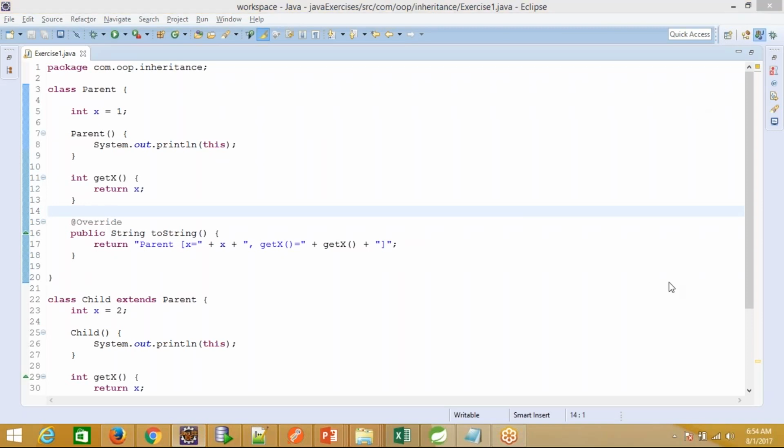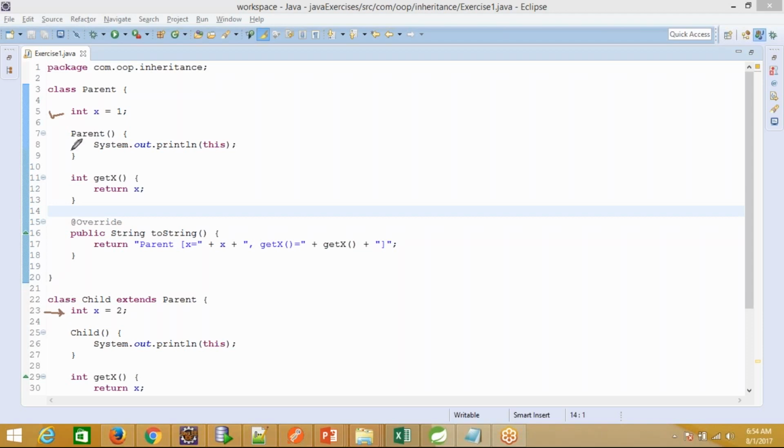It's a pretty simple program, and in this program I have two classes, the parent and the child class. The parent class is a kind of super class, and the child class is extending the parent class, and their respective names are Parent and Child. So the skeleton of the class is pretty simple. You can see that I have one instance variable that is an integer, int x equal to 1. And the child class also has the same variable, and its value is x equal to 2.